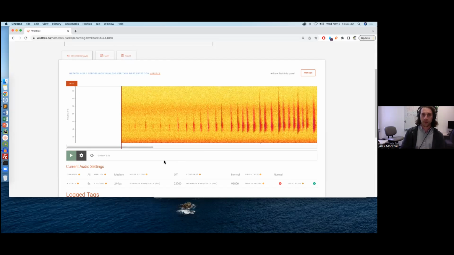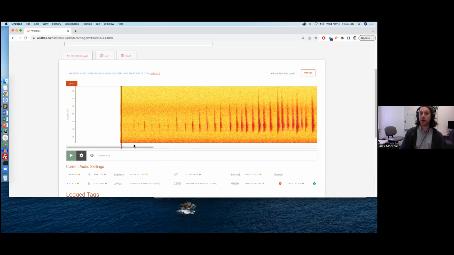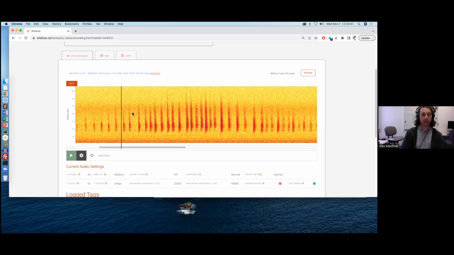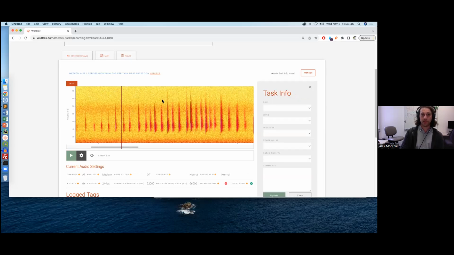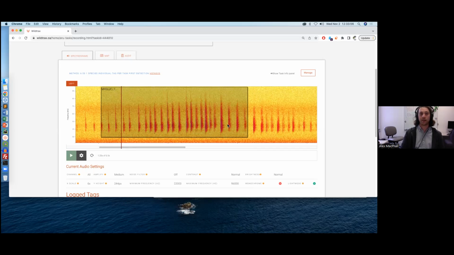Okay, so the idea here is that I'm uploading media into the system, and what I could do technically is generate tags by just doing it manually within WildTrax. So I can, just like the birds, go onto the spectrogram, draw a box, and I can make an attempt at what this vocalization might be by adding a new tag within the system. So I can save that, it'll generate the box around the tag, and it'll give me a whole bunch of statistics around the